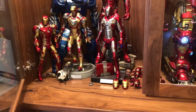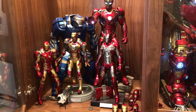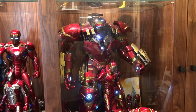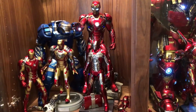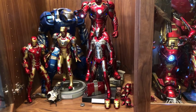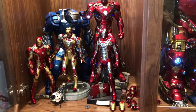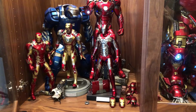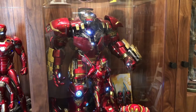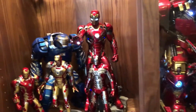Yeah, just a little bit about me. I was a big Hot Toys collector. Love Iron Man, really pretty cool. As you can see here, some of the pieces that we've come to know and love from Hot Toys, if you're an Iron Man buff, over the past several years. And I originally started with the Mark V, but the earlier version, it was the non-die-cast, and picked these up. But I really realized that I don't really pose them that much. You can see there's a lot of accessories and things, but especially that Hulkbuster, don't really pose him very much. Kind of left him here. Got the Soap Studios lighting. So up here is my